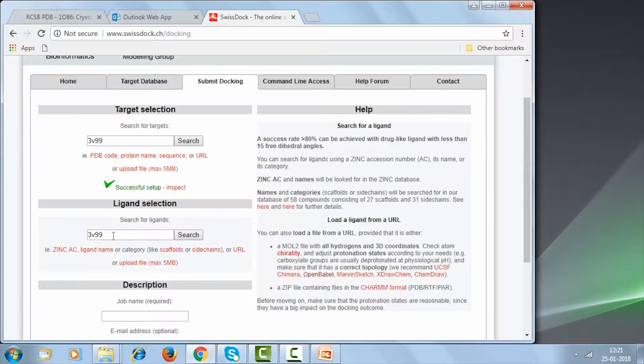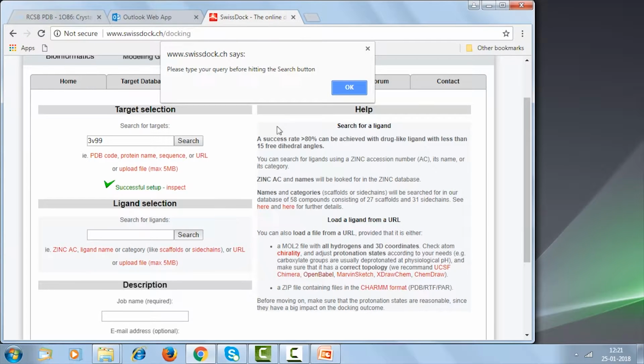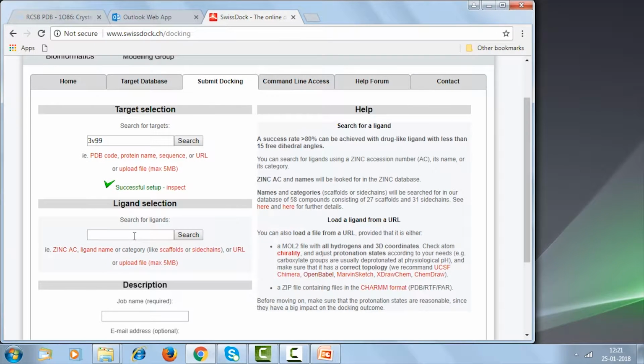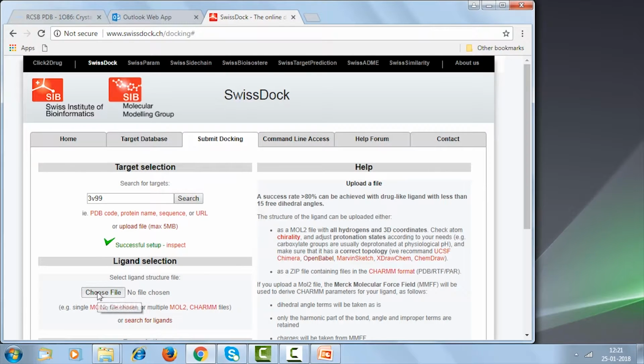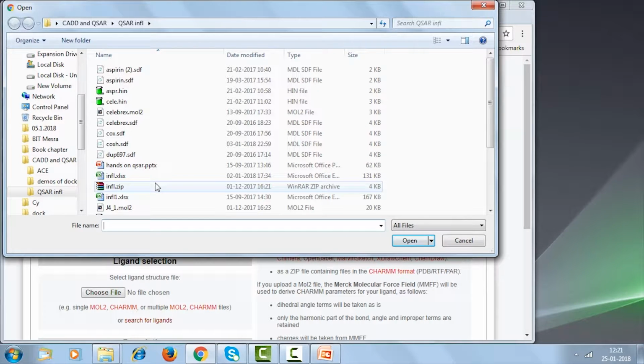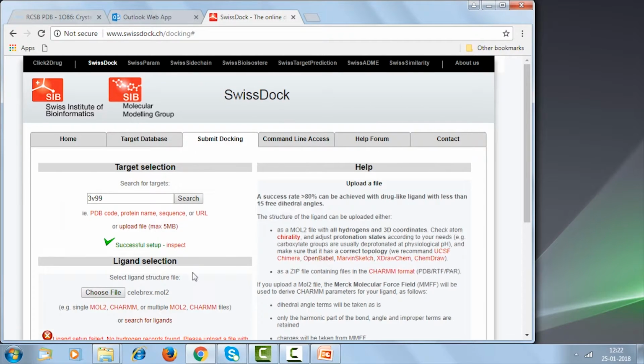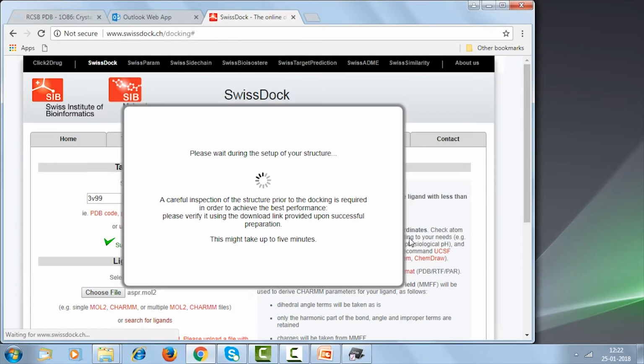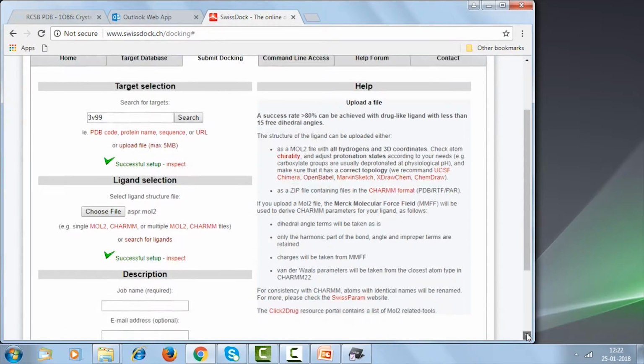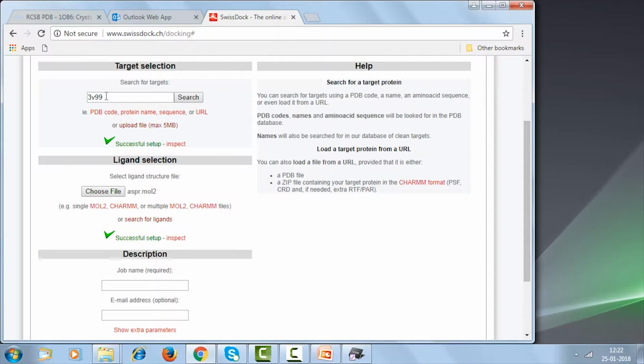Okay, successfully set up, and then here we can put our ligand, okay, ligand name, so we can load the ligand, and okay, so we have loaded both an aspirin mol2 file and 3V99 as a PDB file,